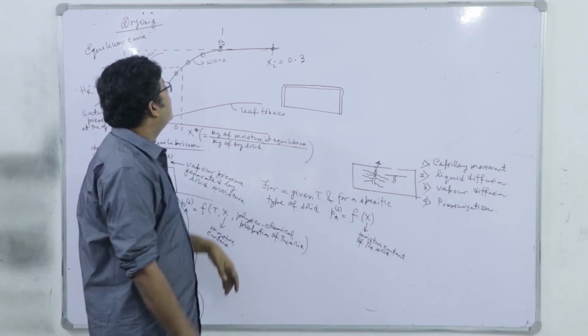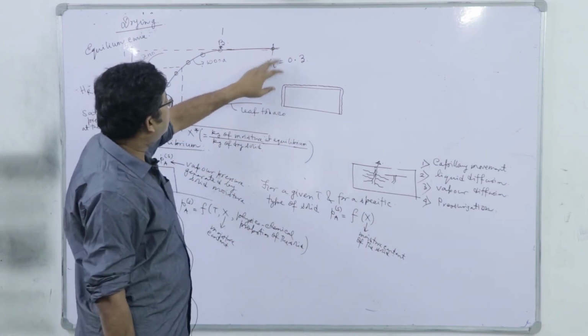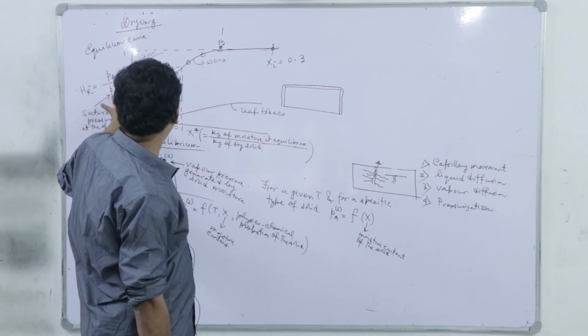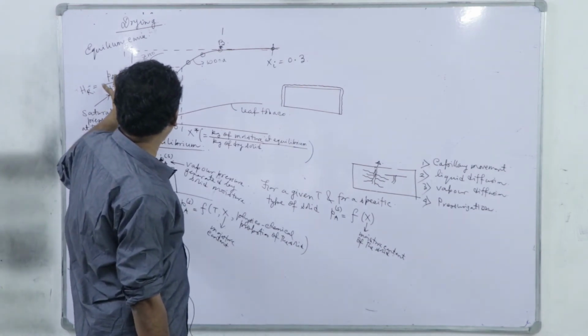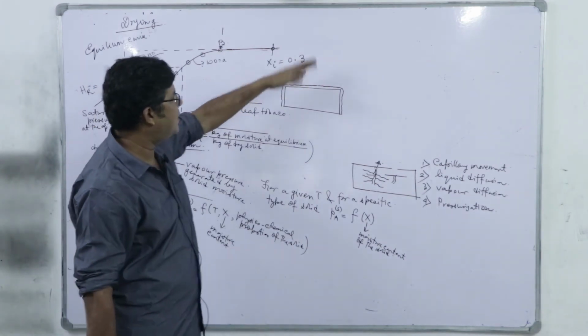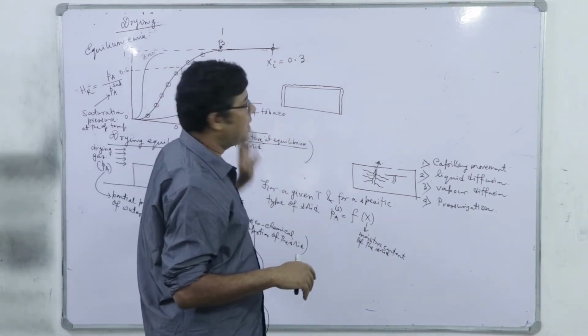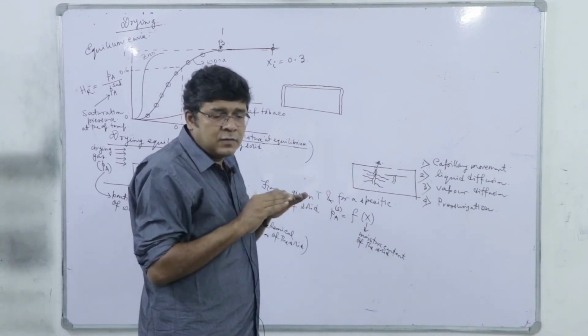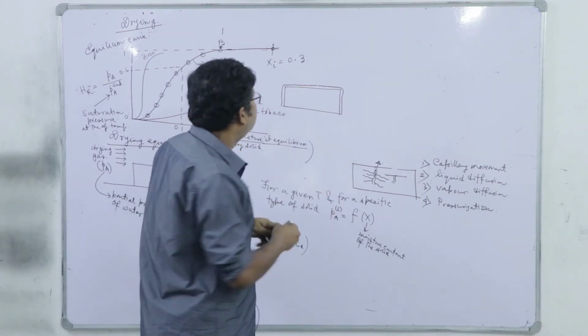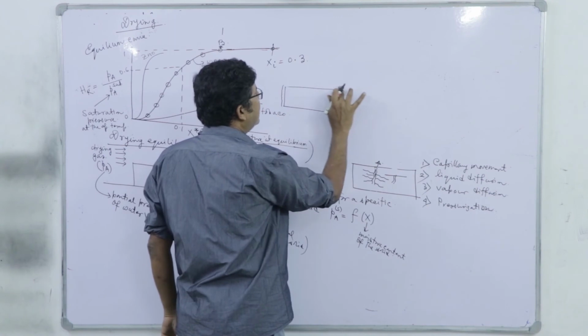Okay. So, definitely when we expose it to an air stream with saturation humidity 0.6, the wood will go on losing water. So, finally, this external film will vanish, right. So, once the external film vanishes,